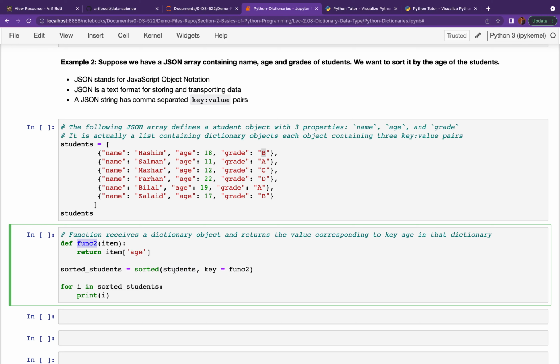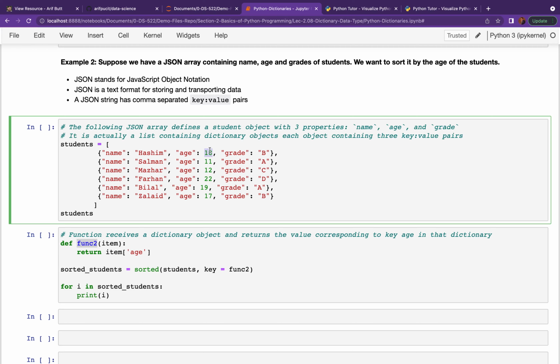And for each element, this function is returning the value corresponding to this age. So for the first element passed, this will return 18. For the second element, it will return 11. For the third element, it will return 12, and so on.